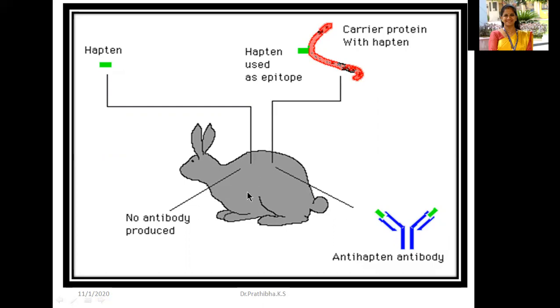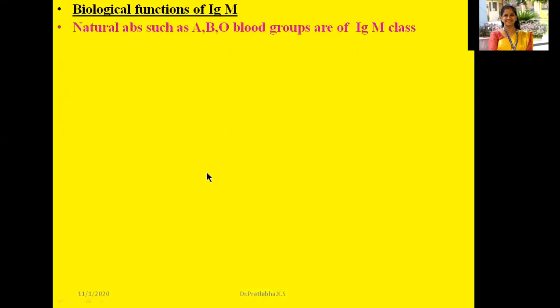So during the production of antibodies, you will also understand in detail. First, keep in your mind that whenever an antigen is introduced into the animal, the first antibody will be the primary immune response, that is immunoglobulin M. Now let us understand the biological functions of IgM. This IgM molecule is also known as a natural antibody, because whenever an antigen enters the body system, this IgM immunoglobulin molecule is going to interact for the first time.